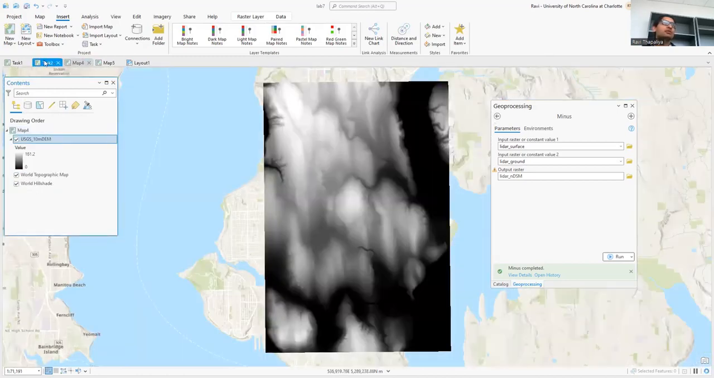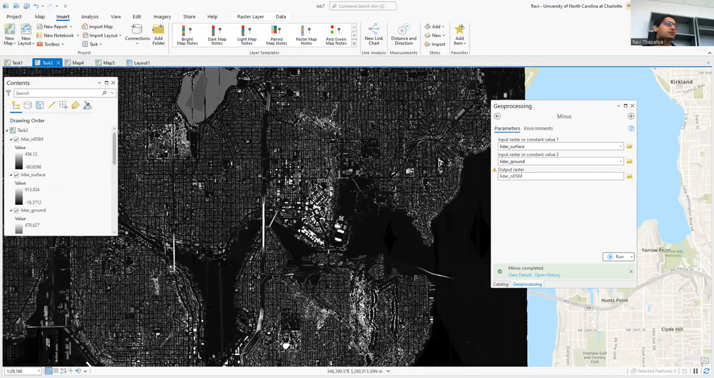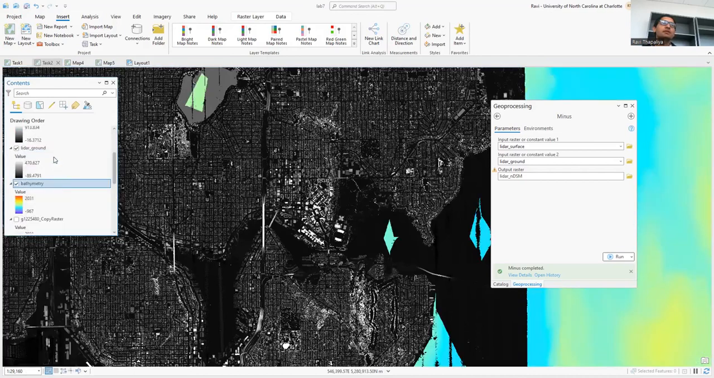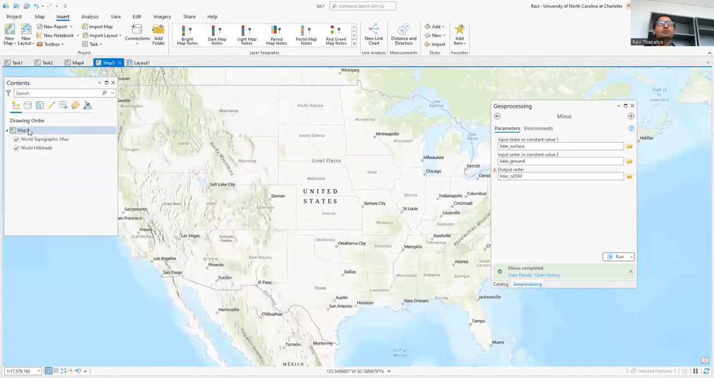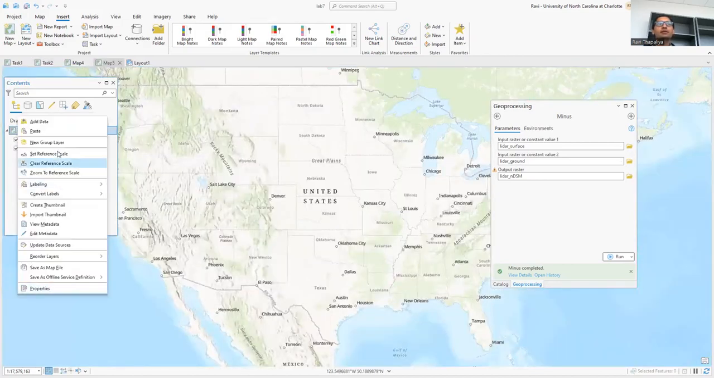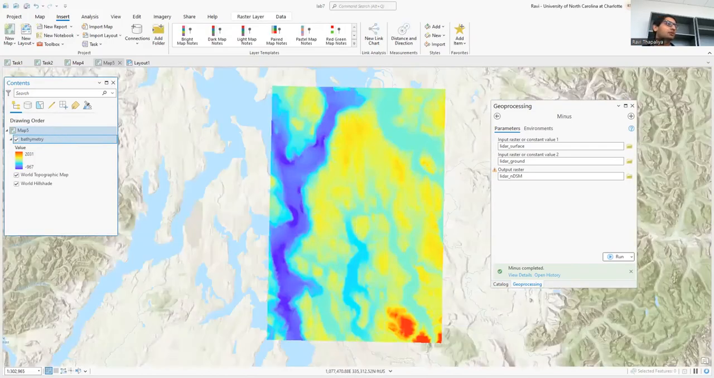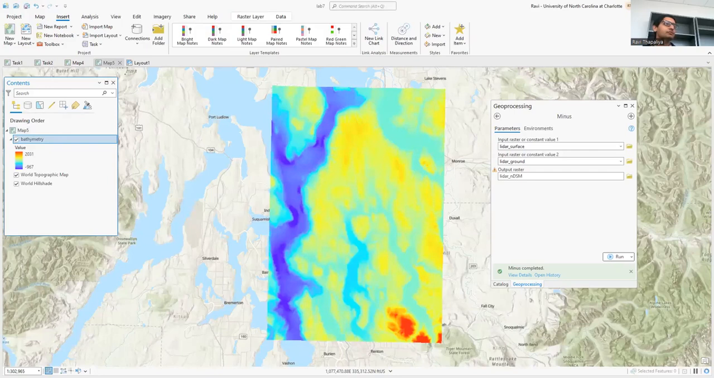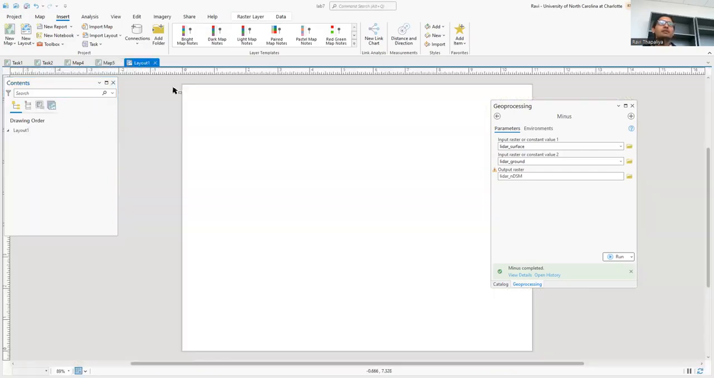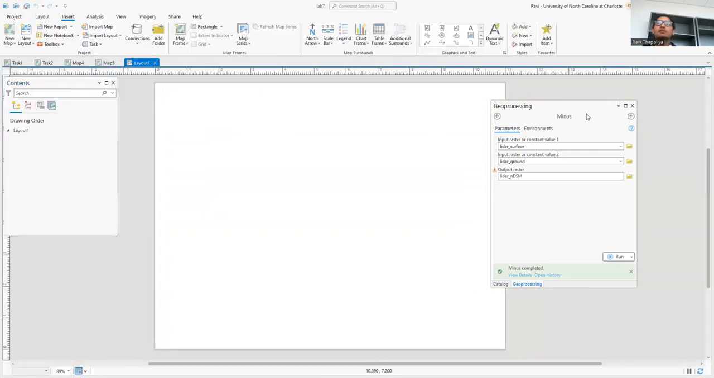And then we also need another map for bathymetry elevation. So let us copy this layer to next map frame. So go to the map frame and then paste it in new map frame for the bathymetry layer also. And then in the layout,